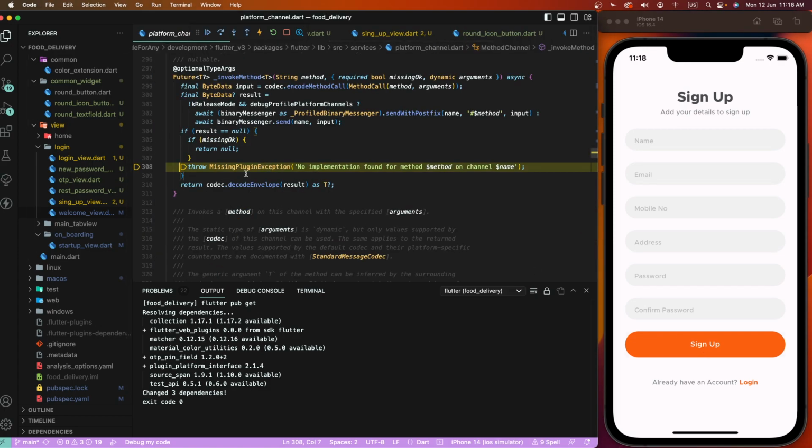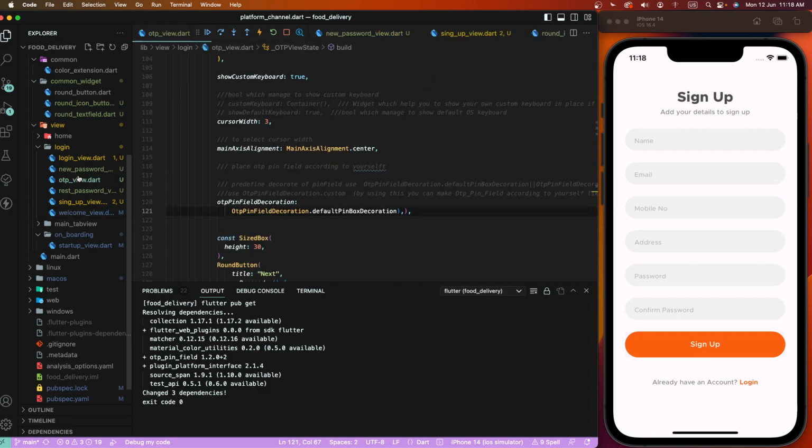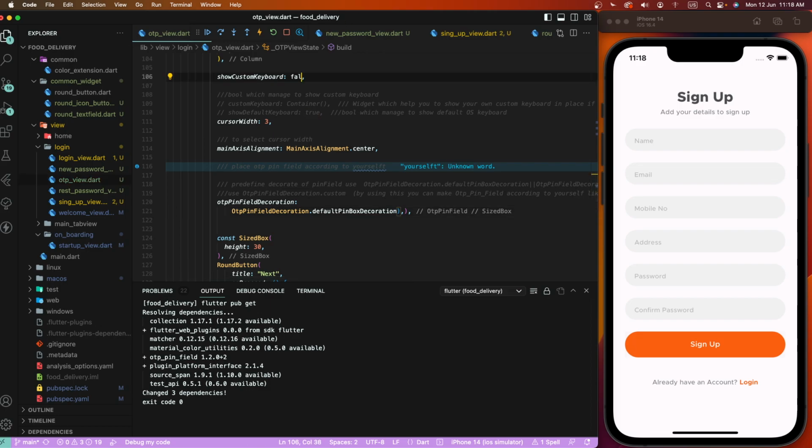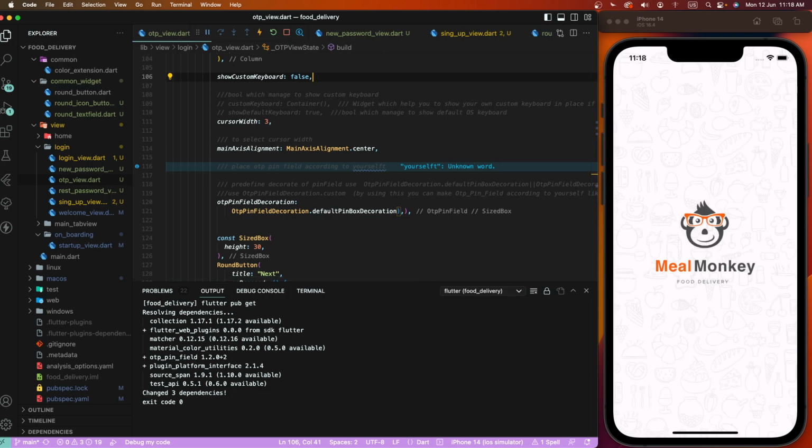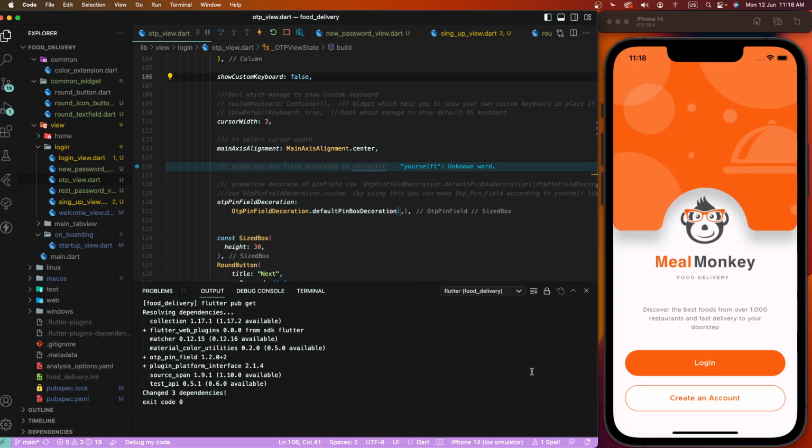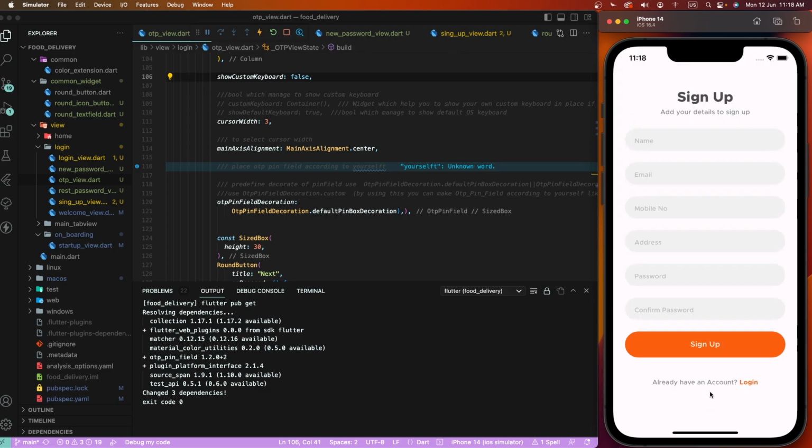Two missing exceptions when it set here. Not display. Alt reload. And